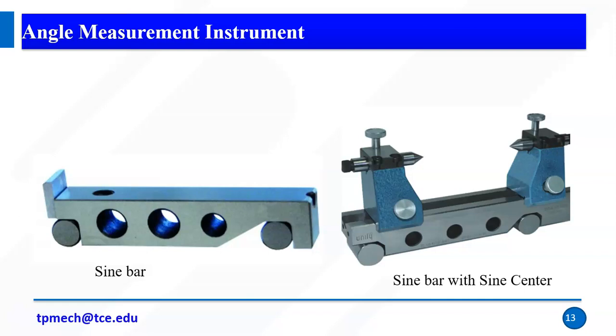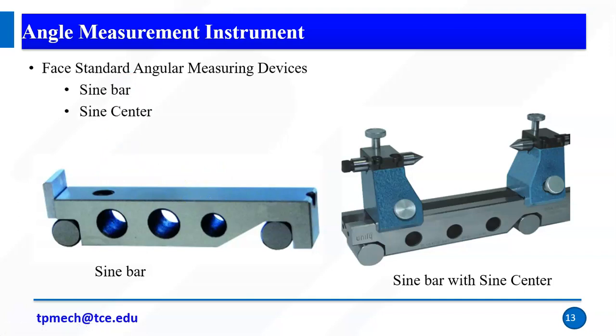Again, the center is one of the work holding devices in machining, right? So it's like a pen tip. So in cylindrical objects, in the center we make a notch and we place our object in between these two centers. So once we fix it in the centers, I can measure the angle of that cylindrical object, right? So one is a sine bar, another one is a sine bar with the sine centers. This all comes under the phase standard, because I am measuring the angle on the surface, right? Not a line. So surface, sine bar or sine centers.